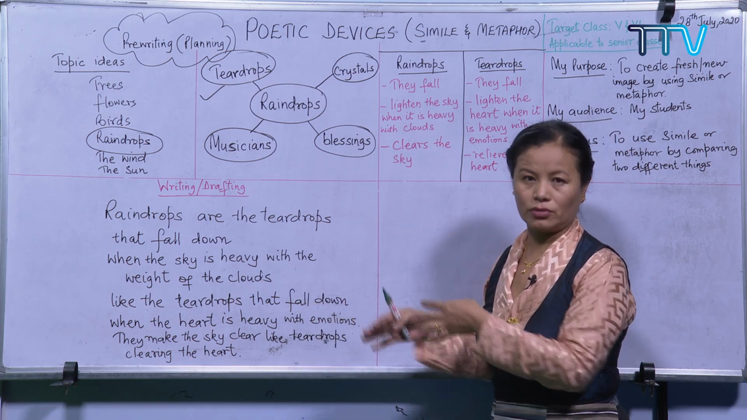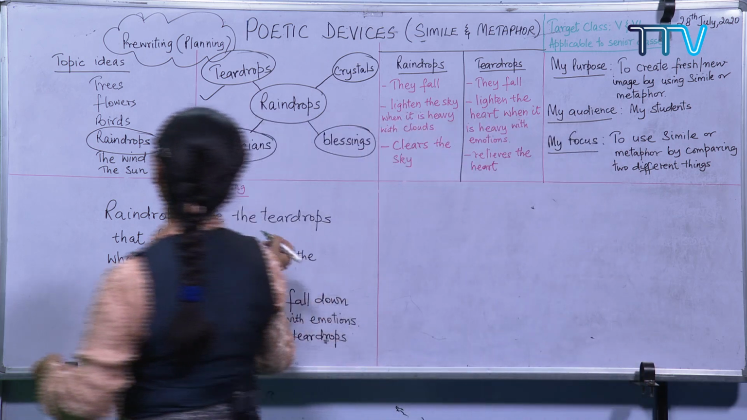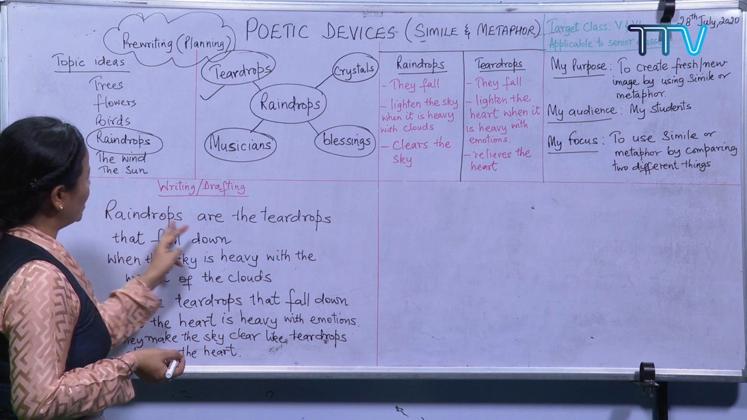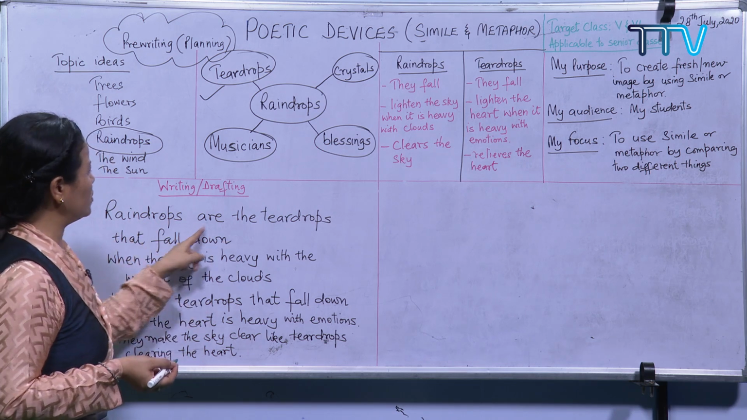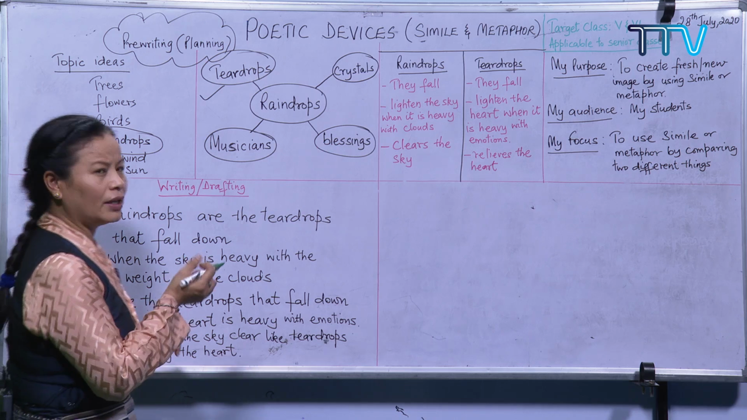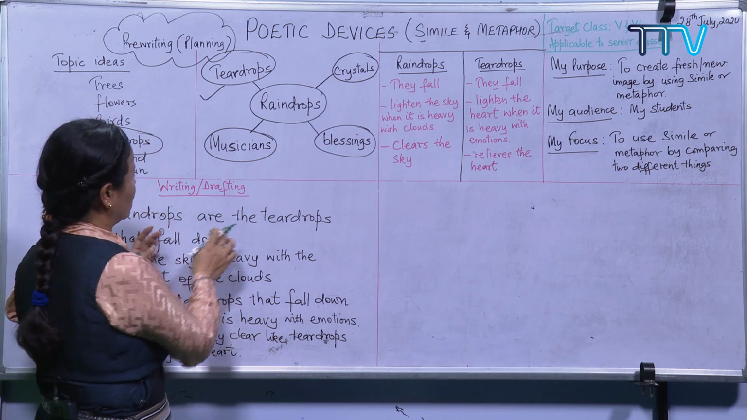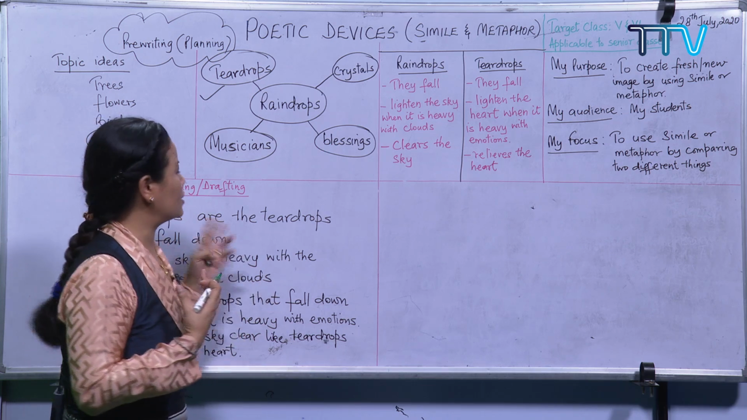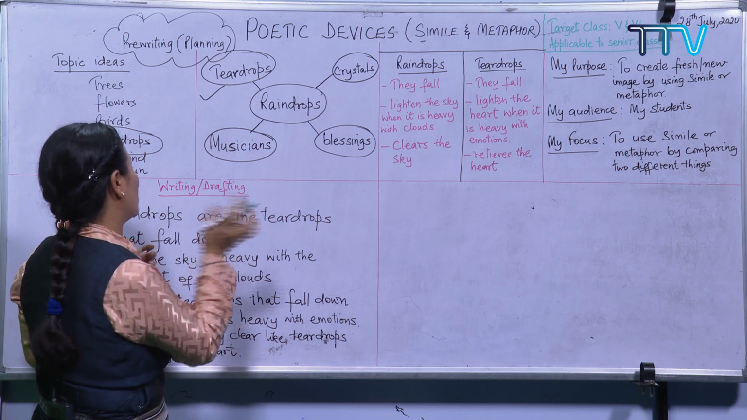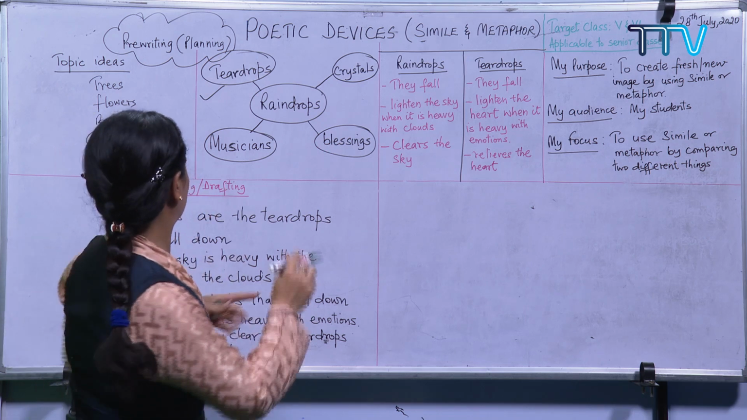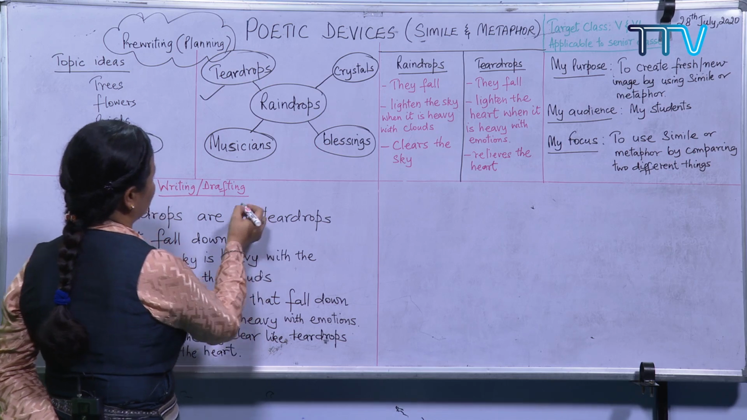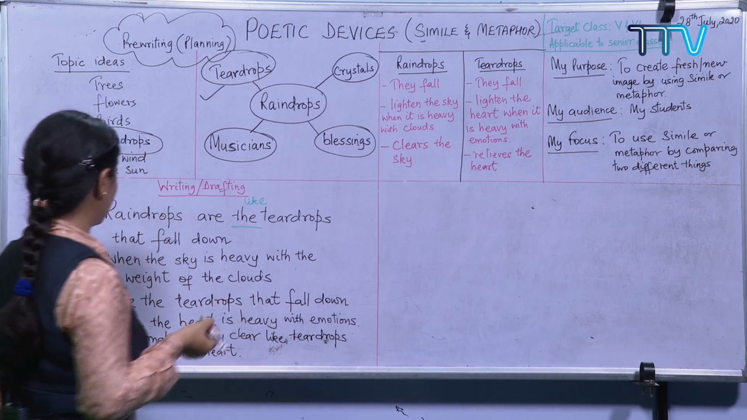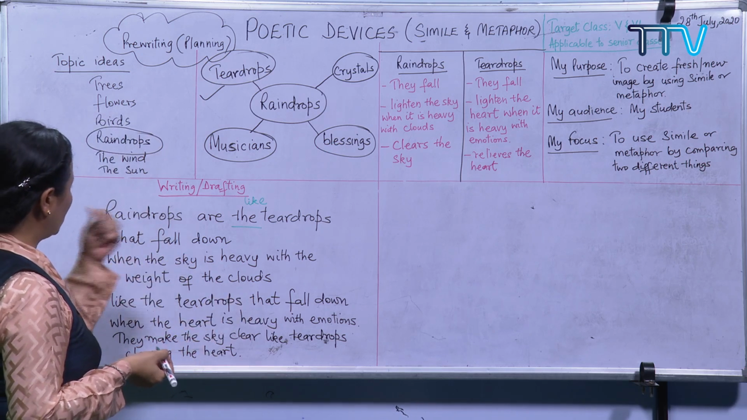So, you need to think about it. Raindrops are the teardrops. It is a metaphor here, but then I feel like if I use "like", the idea would be more meaningful. I just felt it would be more appropriate. So, what I am going to do is, instead of "the", I am going to use "like". Raindrops are like teardrops that fall down